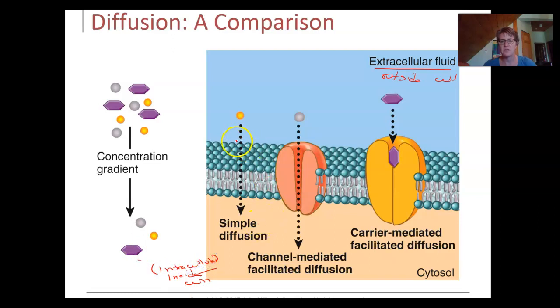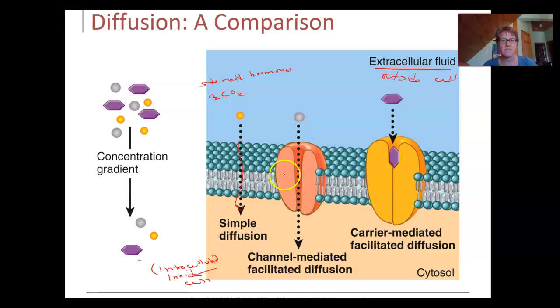Okay, so simple diffusion, it just crosses right through the membrane, and things that do simple diffusion across the plasma membrane are oxygen and carbon dioxide. Those are the main ones. Oh yeah, and the little steroid hormones, they can just pass through. Now, we're not going to go into other types of diffusion with those other examples of muscle contractions, so we're not ready for that yet. That's the second half of Bio 158.